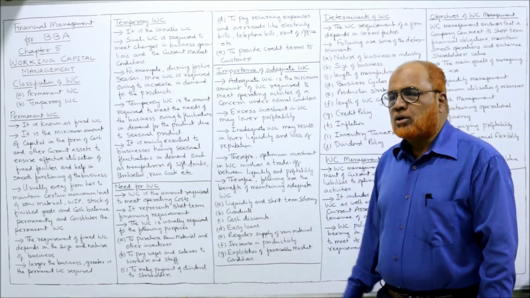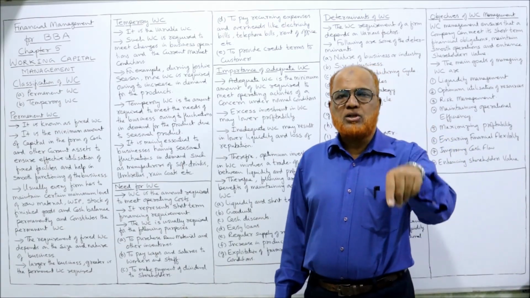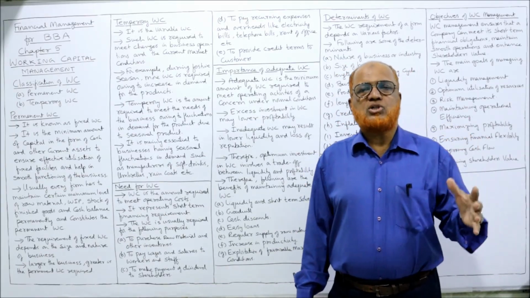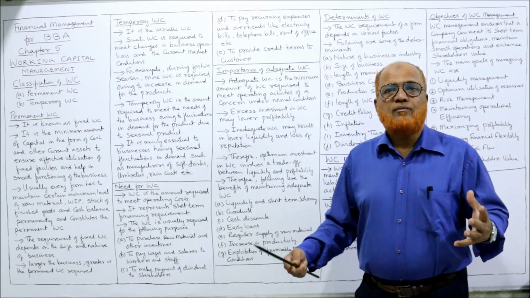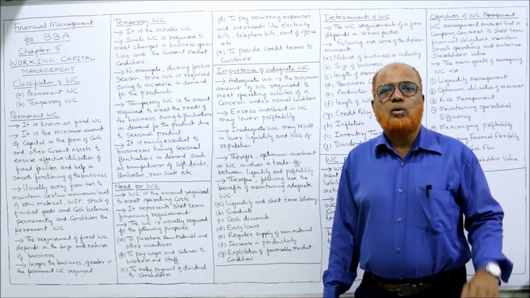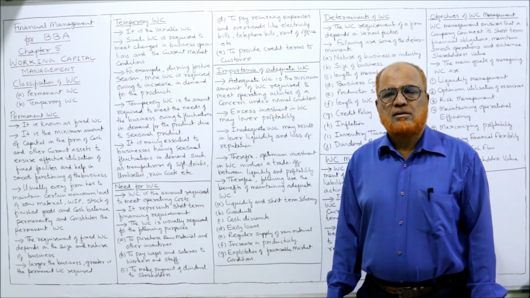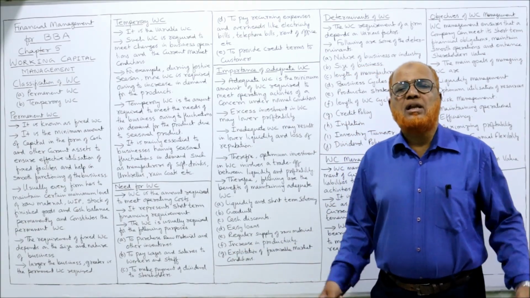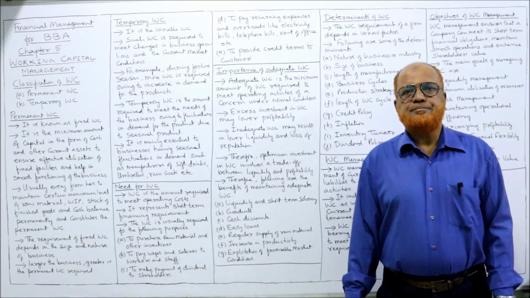Secondly, it represents short-term financial requirement. The business will require funds for two purposes, for long-term and short-term. The long-term funds are required for purchasing fixed assets like machinery, building, furniture, equipment, facilities. And short-term funds are required for meeting the day-to-day expenditure, operational activities. Next, the working capital is usually required in the following cases. Why? What is the need of working capital? First one is to purchase raw material and other inventories.